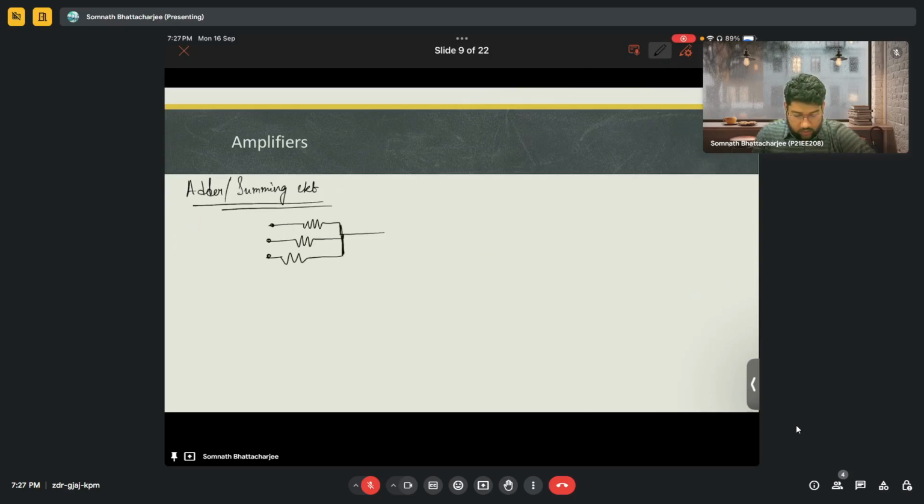All these lines will come to the same point and go directly to the non-inverting terminal here. So it is the non-inverting amplifier base where we'll use three resistors, R1, R2 and R3, where this will be V1, V2 and V3. So we'll have another resistance